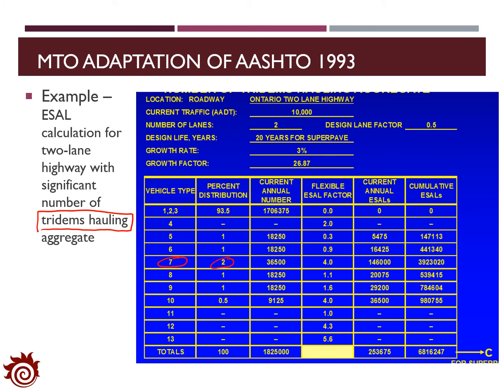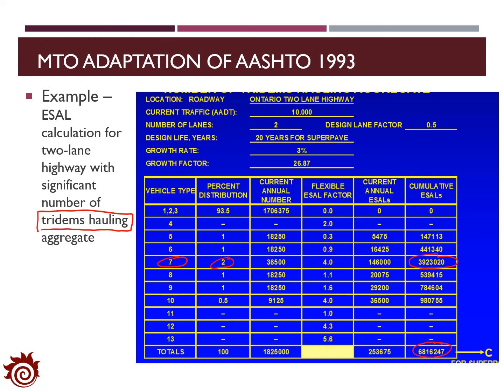With that, we can apply a similar process for the estimation of the cumulative ESAL for each class, and we can find that the cumulative ESAL for vehicle class 7 increased dramatically, and the total cumulative ESAL also increased due to the increase of the trailer hauling